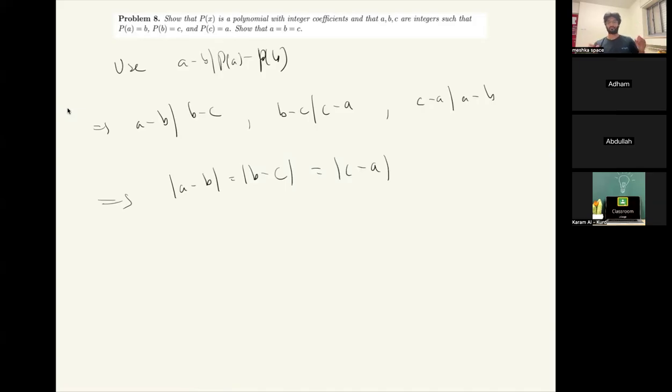Okay. Yeah. So right, we use this trick: A minus B divides P of A minus P of B, and it gives us this nice chain of divisibilities. But here we are assuming that A is not equal to B and B is not equal to C, because if A equals B, A minus B will be 0. Yeah, so if A equals B, then